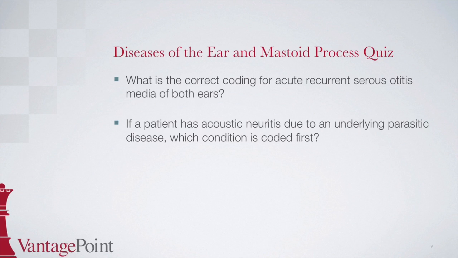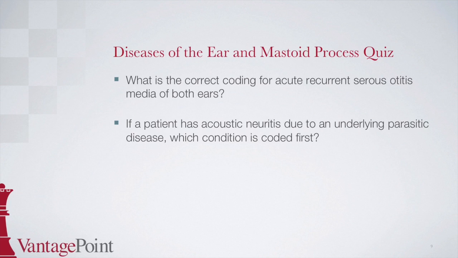The answer to the second question is the parasitic disease. The way that you would know this is by looking up acoustic neuritis. Start by looking up neuritis in the alphabetic index, then the word in is indented below, followed by parasitic disease. Here we see B89 listed first, which is from the infectious disease chapter, followed by